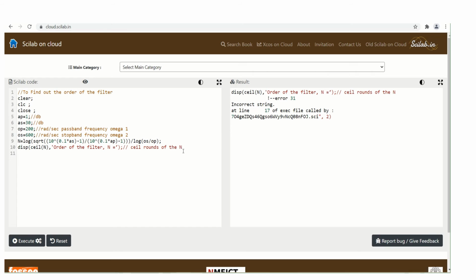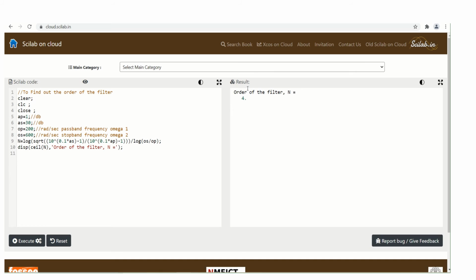Okay, so I will try to remove this. Yes, see this, the inverted comma I had not given properly, that's why it was showing an error.